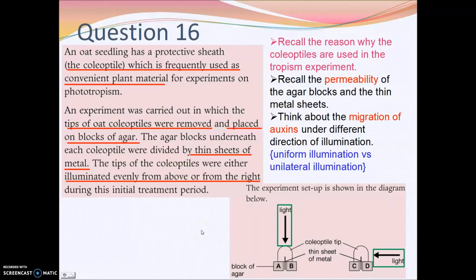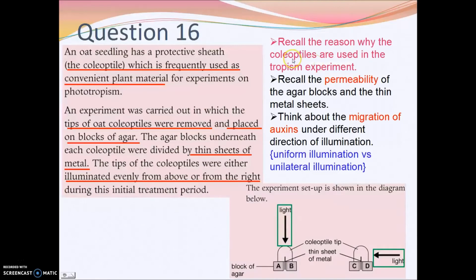In this experiment, we are going to investigate the migration of the auxin under different directions of illumination. But before I talk about the experiment, I would like to recall or highlight the first paragraph of the experiment. It says that the coleoptile is frequently used as a convenient plant material for experiments on phototropism. I just want you to recall the reason why the coleoptiles are used in the tropism experiment,